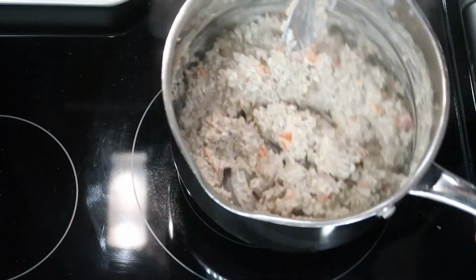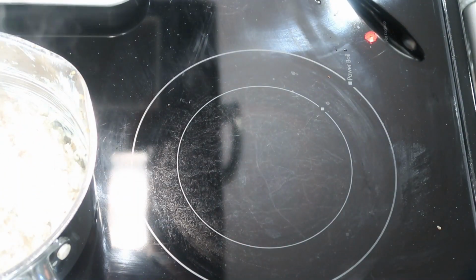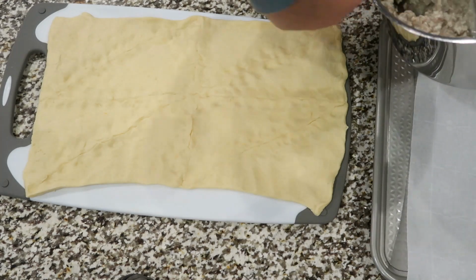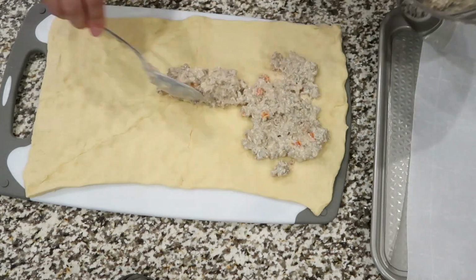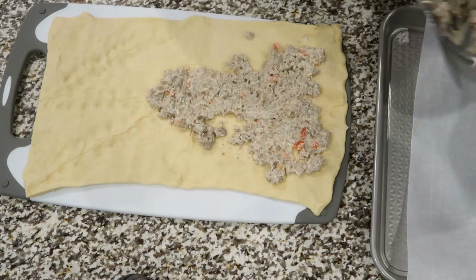But I got my stove turned off, so I'm just gonna go ahead and set that to the side and get our croissant dough ready. All right, so now I've just brought my pot over here with all of my cream cheese and sausage mixture. And I'm just gonna put half of this mixture in here because we do have that other tube of crescent rolls. So this makes 2